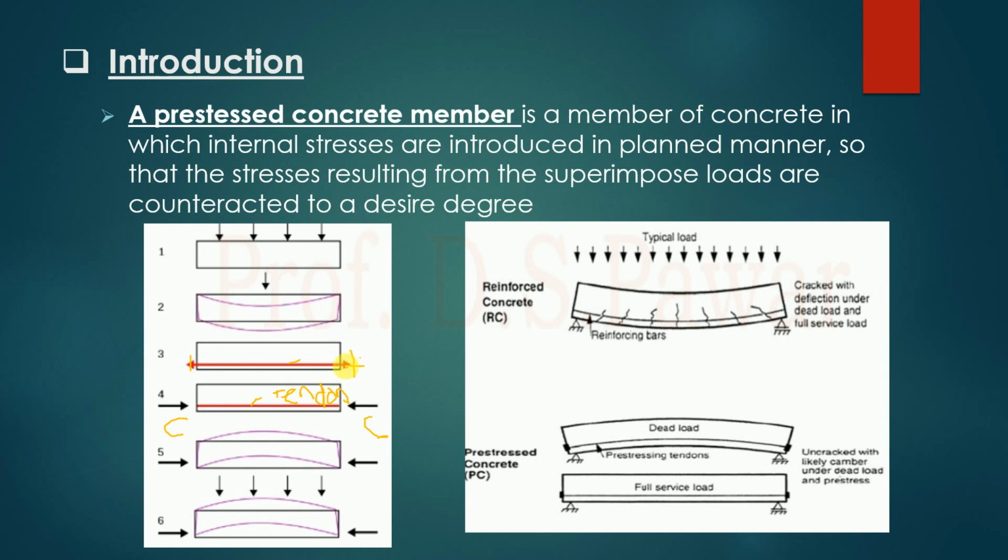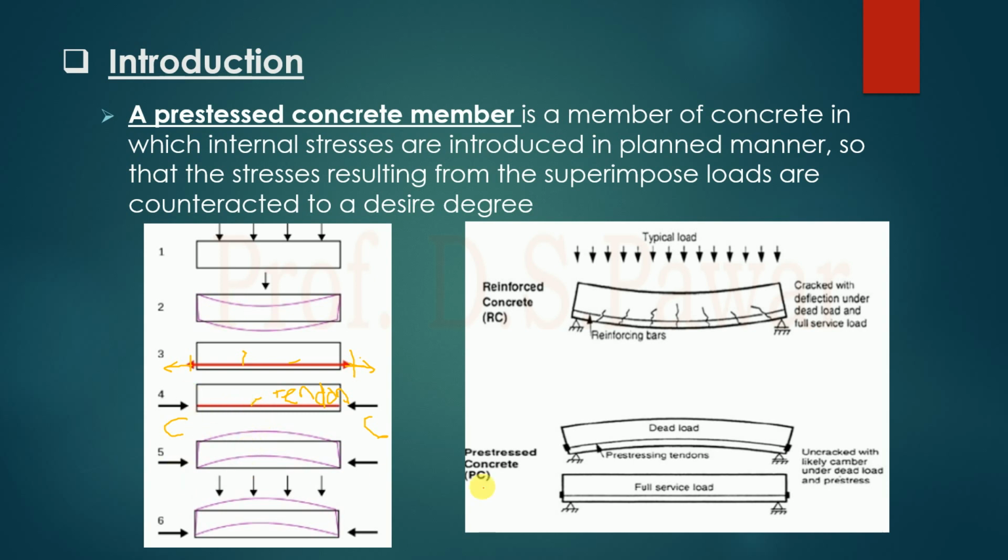And when you cut the tendon, where you were pulling the tendon on this side, applying the load in the tendon, if you immediately cut the tendon, in that case it is the reverse condition, and this force is going to act at the edges of the beam, and the beam is going to behave like this. This only we can achieve with the help of this tendon. So while designing the pre-stressed concrete member, the tendon is a very essential, very important thing.